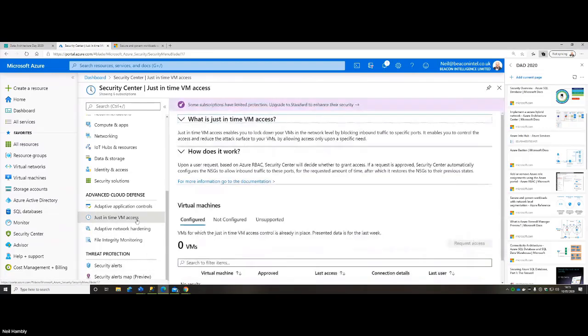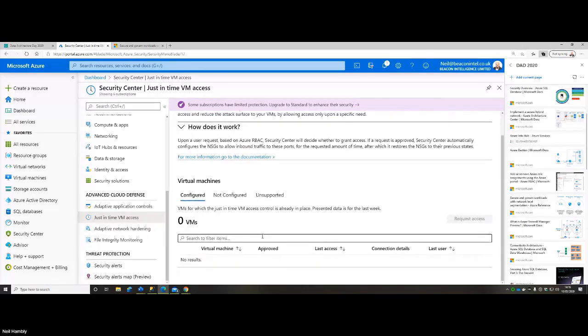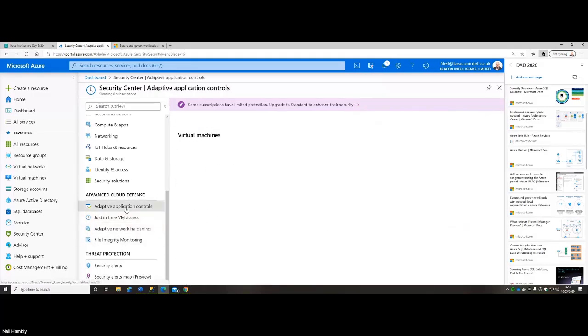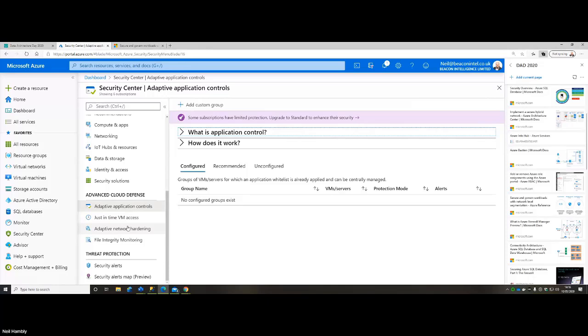So I give you access, maybe for a 2 or 3 hour window, you go in and do your work, and then the access is removed, that grant is removed. What that means is there's no surface area for you to attack. So we will look at the just-in-time access maybe if we have time at the end, but that's going to be really helpful in trying to solve some of your problems there.